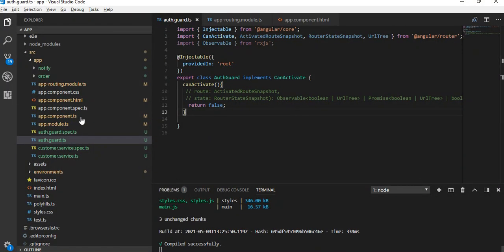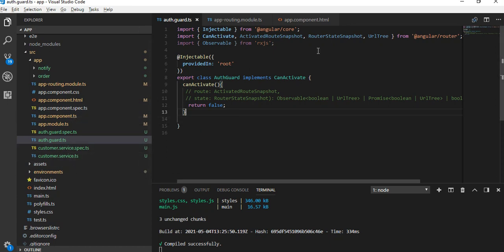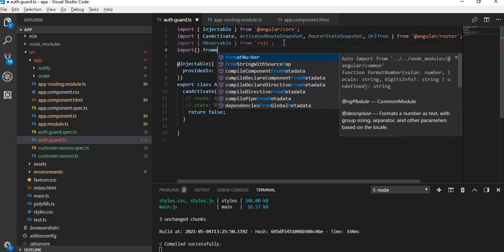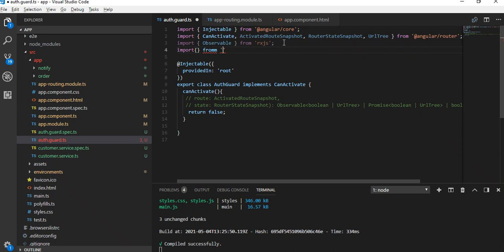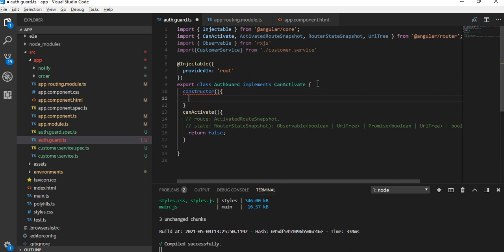So now inject this service into this guard. For injecting this service, we'll say import from customer service and then the name of the class, and we'll define the constructor here so that we can create the instance of the service.